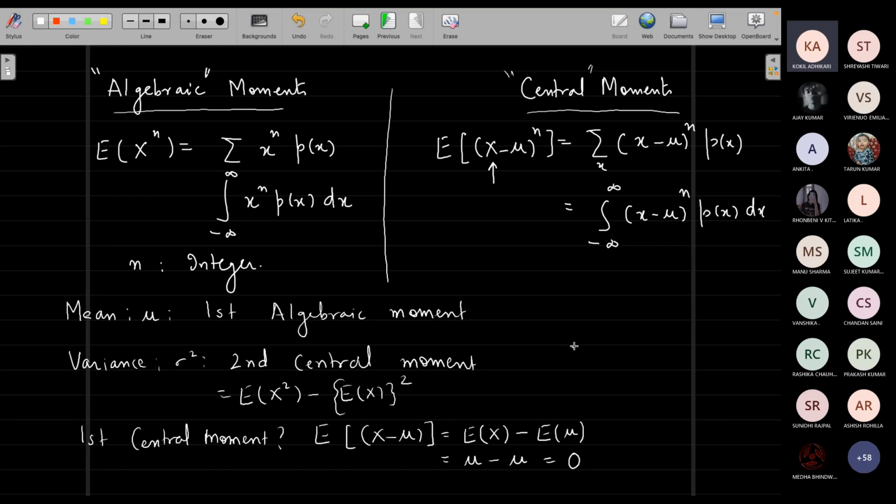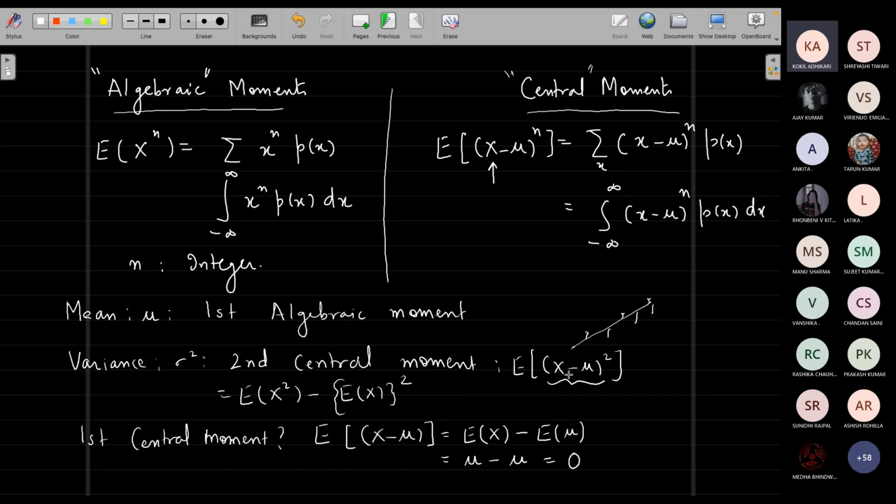sense that whenever you have a line and the points which are scattered around this line, if you take just the errors and add them up, some of the errors are positive, some of the errors are negative, then the total error will go down to 0 if I just take that. So instead of using x minus mu, you use this mean square deviation or root mean square deviation. And that's why sigma square, which is nothing but the expectation of x minus mu squared, becomes so useful, the mean square deviation.